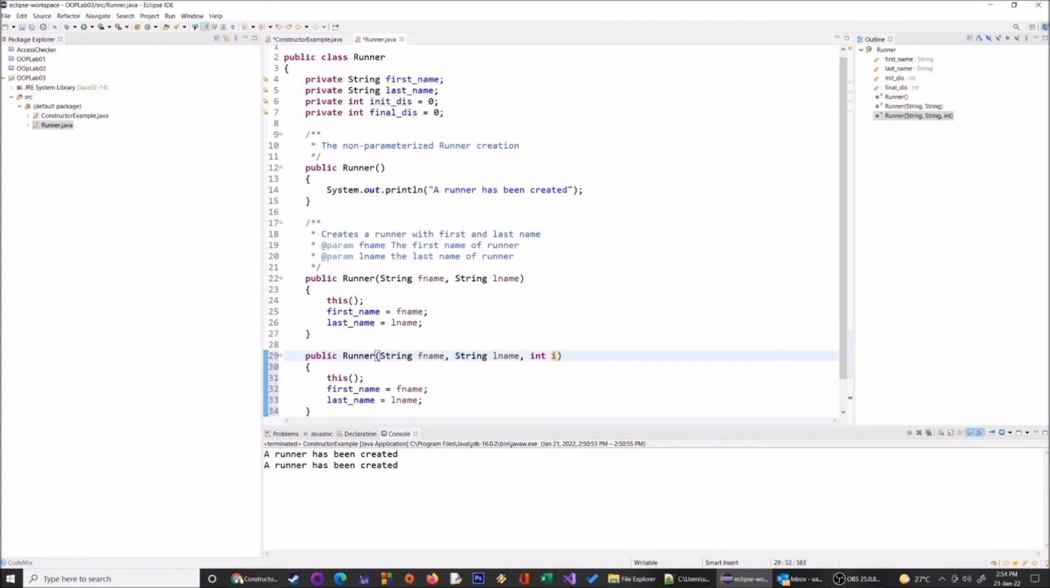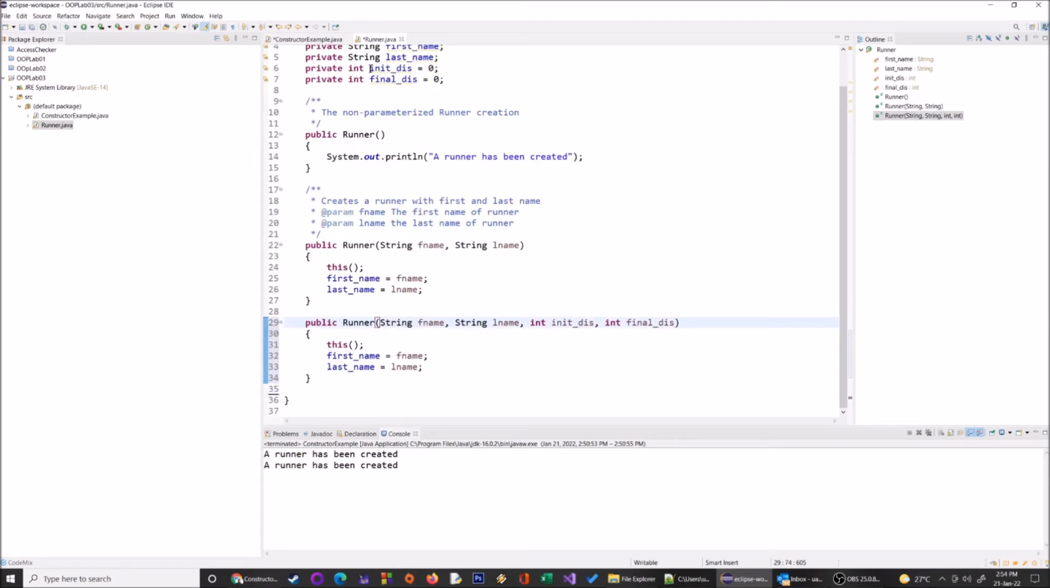Okay, let me name it init this, and final this. So what I want to do is I want to have the init this get the value of init this, and the final this get the value of final this. Now if you write something like this,